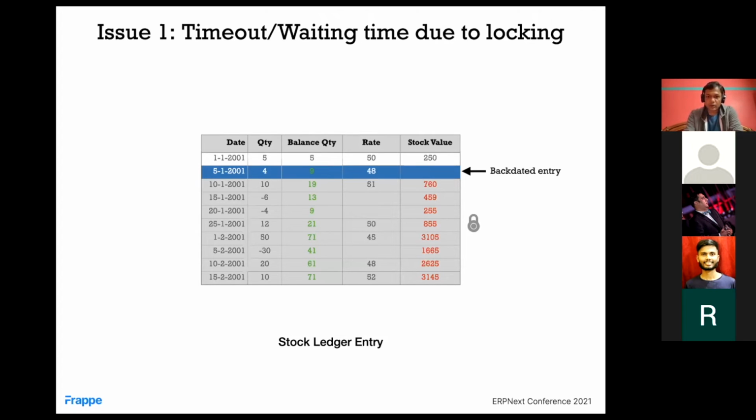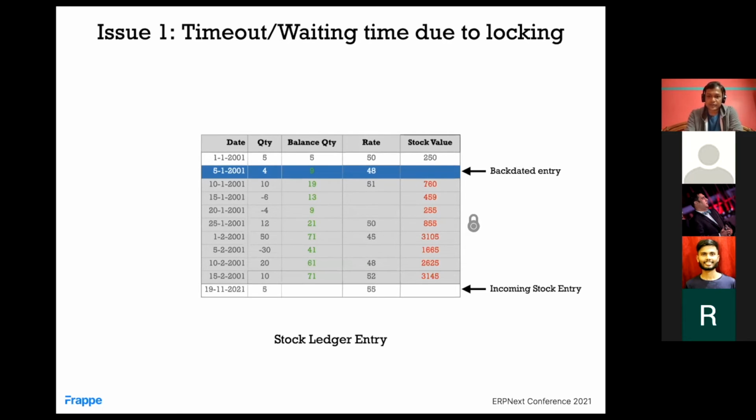In the meantime, assume a user makes another stock transaction on the current date. On submission, that transaction creates a stock ledger entry and will try to update the balance quantity in that entry. To do so, it will fetch the previous balance quantity from the last SLE. But as you can see, that row is already locked by the reposting process, right? So it will wait until it unlocks that row